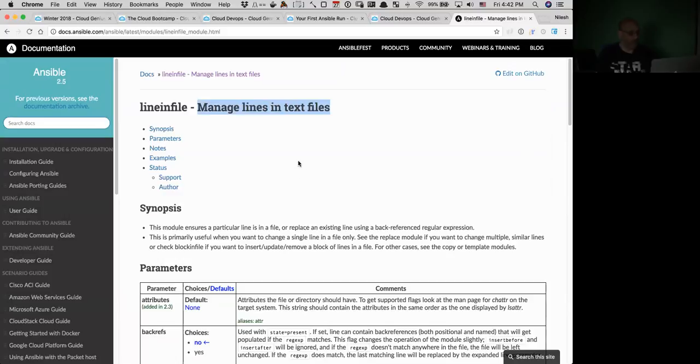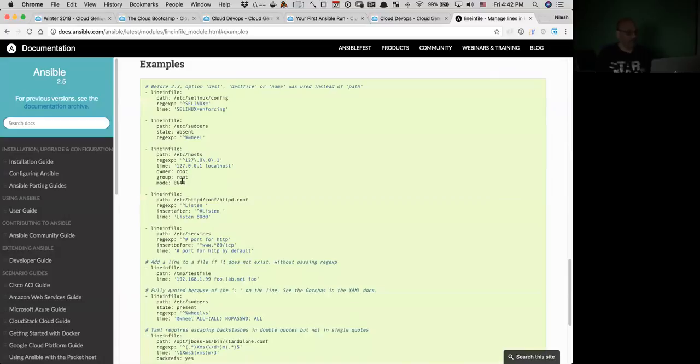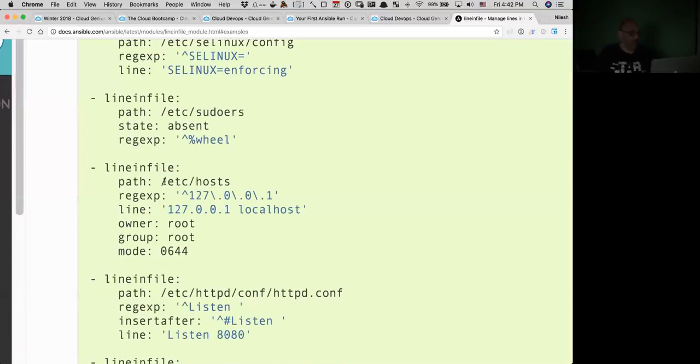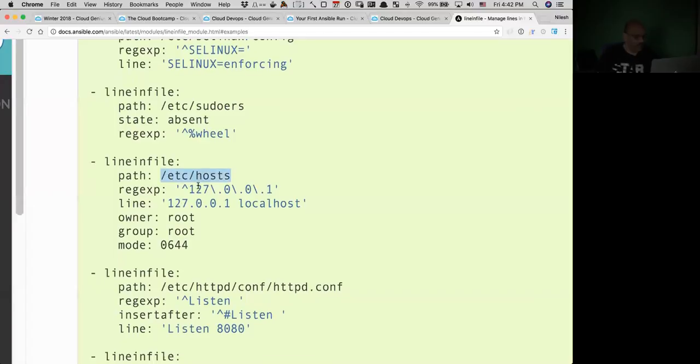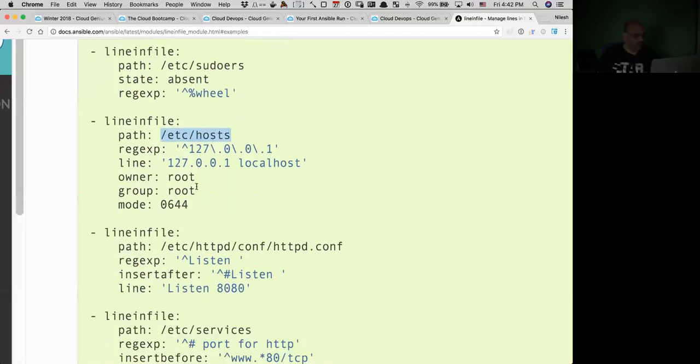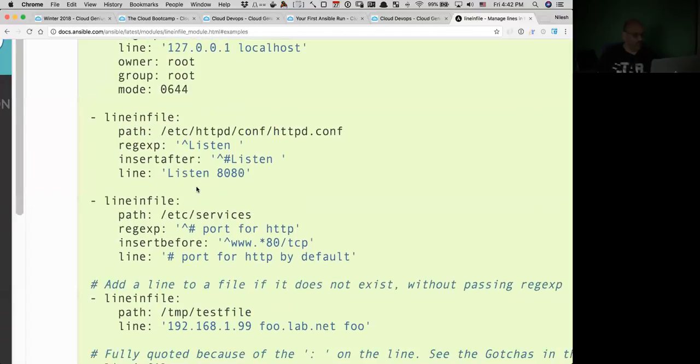Okay, what does that do? Examples. An example is like this. When you have a line in that file, you want to make a line change, like make a line something different. So maybe a better example. A better example will be,